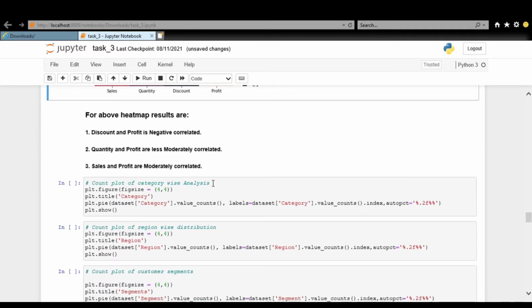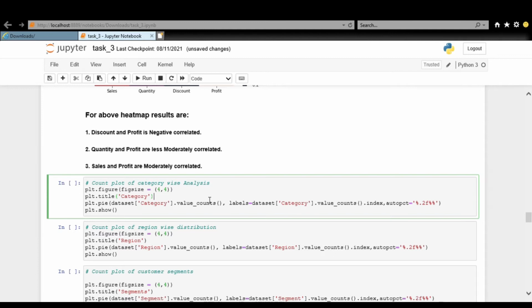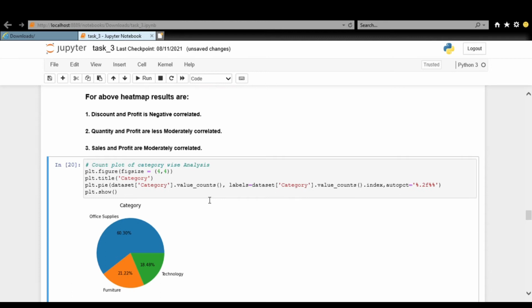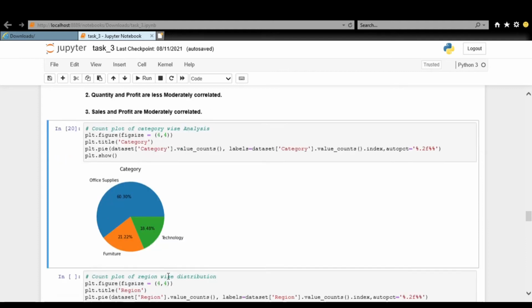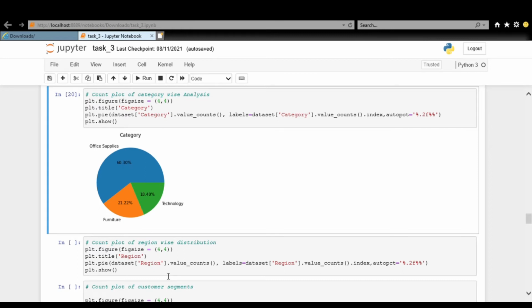And now our turn is the count plot for category-wise analysis. So using the category from the data set, here we can clearly see, because we have 3 unique values in the category: office supplies, technology, and furniture. Okay, so the office supplies is 60%, the technology is 18%, and the furniture is 21%. Okay, and using the region